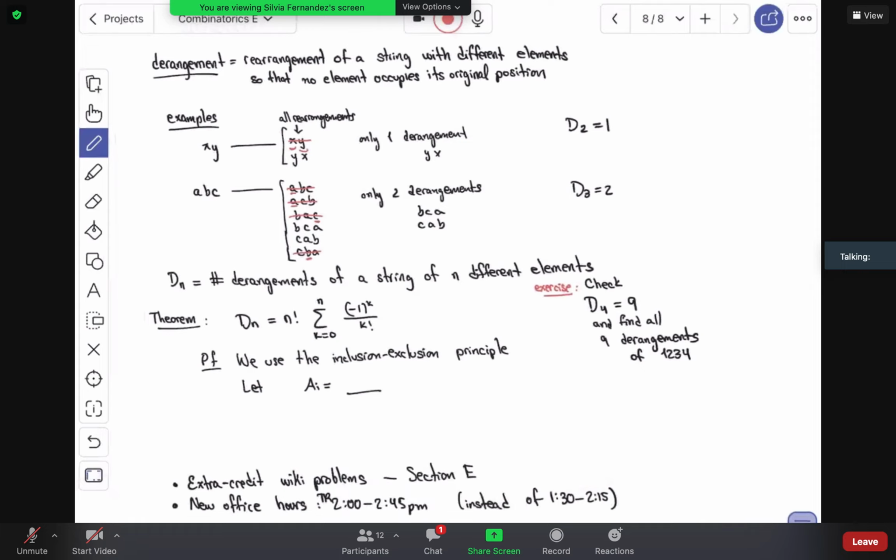Anything else? One person asked how many points we can get for doing these extra credit wiki problems. I'll let you know when I have the list. I'll have the number of points per problem. Because there are some that are much easier than